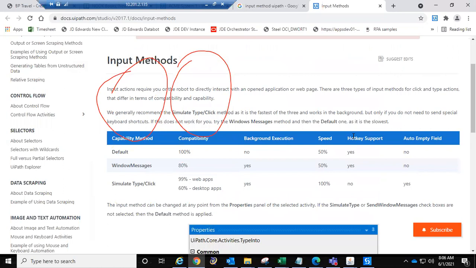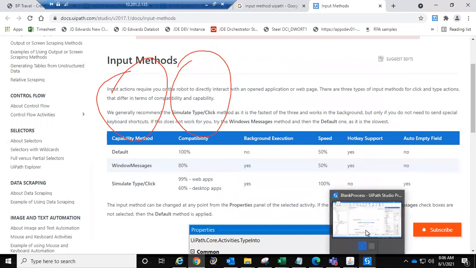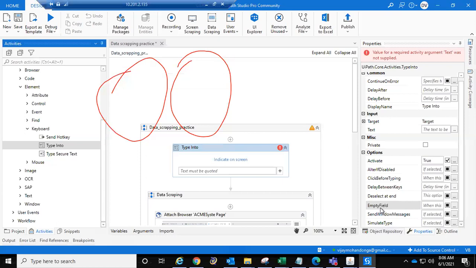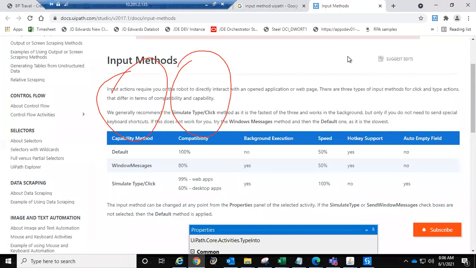Okay. So next step, usually all the activities that we are working on have a time limit. That means the particular element should be available within 30 seconds, because 30 seconds is the default time for all the activities which we are working on. Okay. So if any activity that you drag and drop,